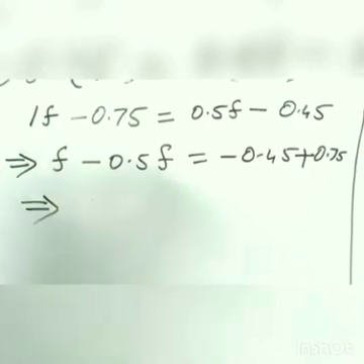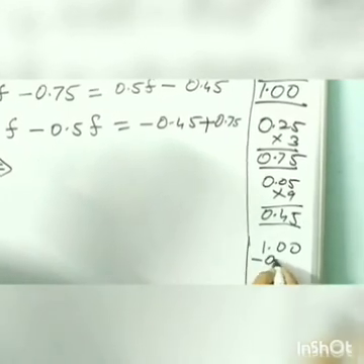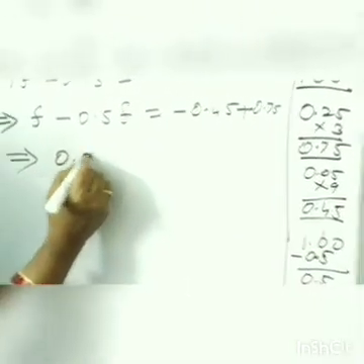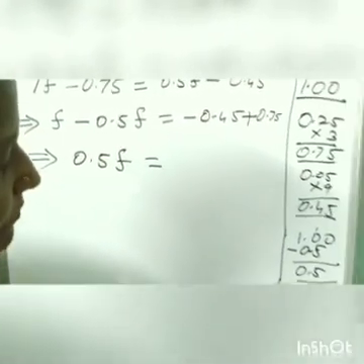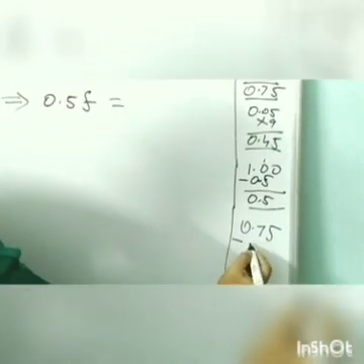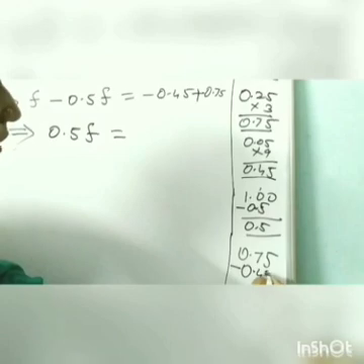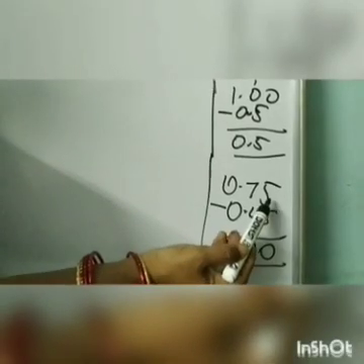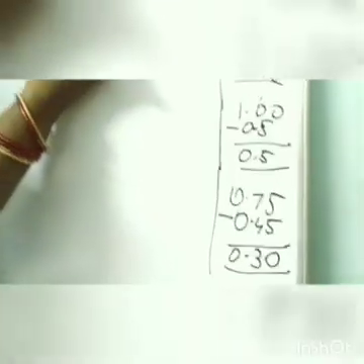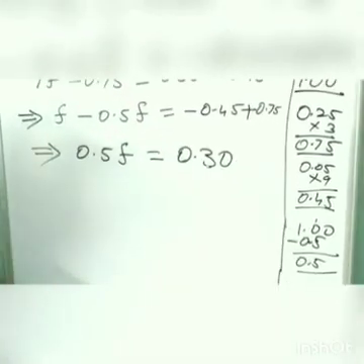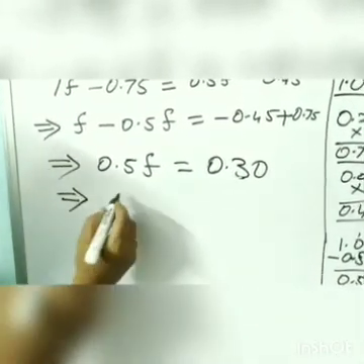So 0.5f is equal to 0.75 minus 0.45 gives you, so here you see 5 minus 5 is 0, and 7 minus 4 is 3, you get 0.30. Okay, so now f is equal to